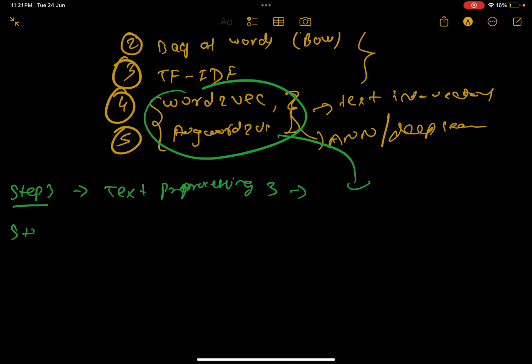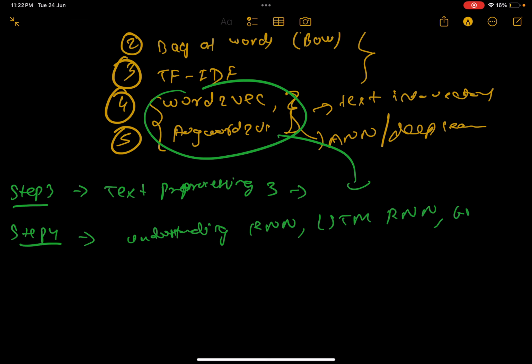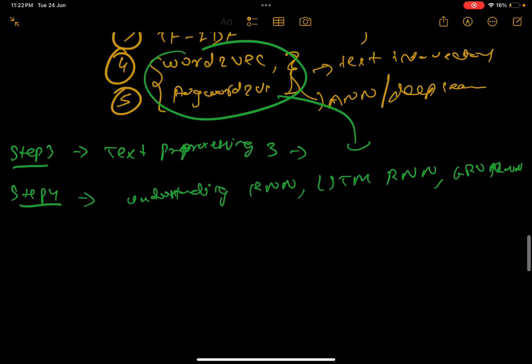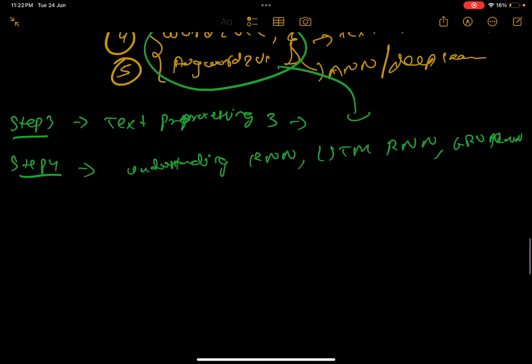Now in step 4, we are going to understand RNN, LSTM RNN, GRU RNN, right? So we are going to see these neural networks in detail. In step 5, we are going